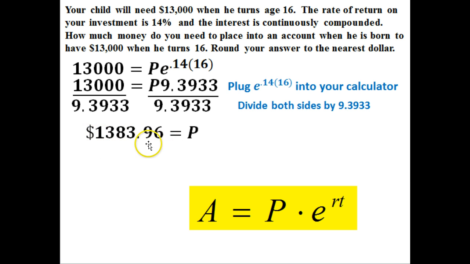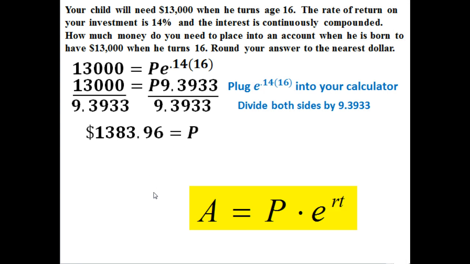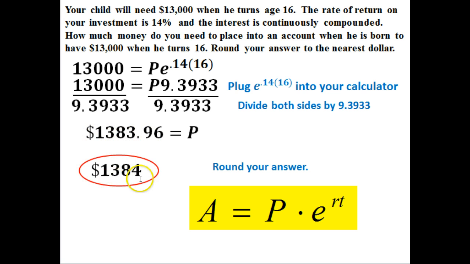And there's what I've got here, and that matches what I had over here for my calculator. So I'm okay there. The last step is that it says round your answer. I look up here and it says round your answer to the nearest dollar. So if I round this to the nearest dollar, that'll be $1,384. If I put that away into the account when my son is born, whenever he is 16, I will have